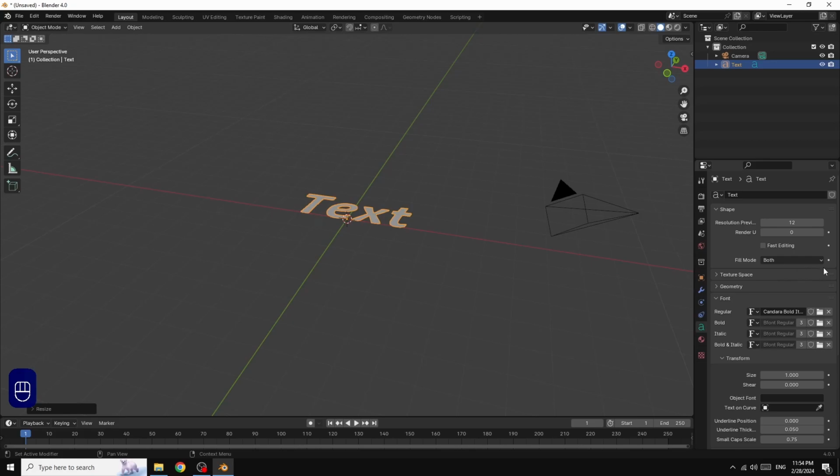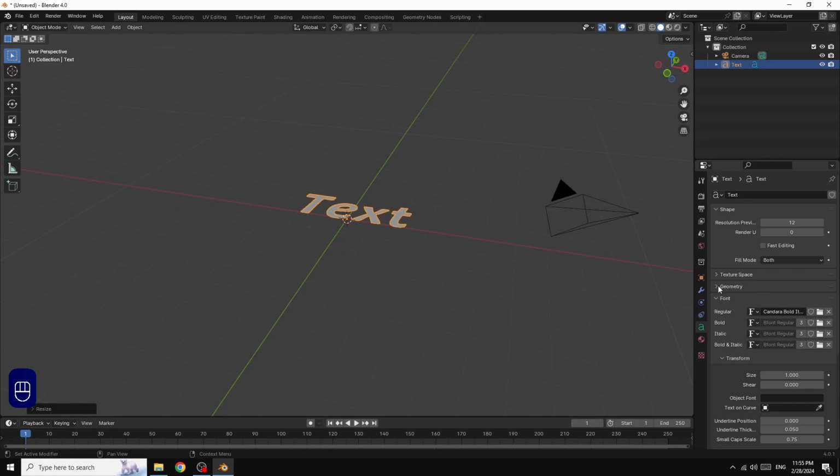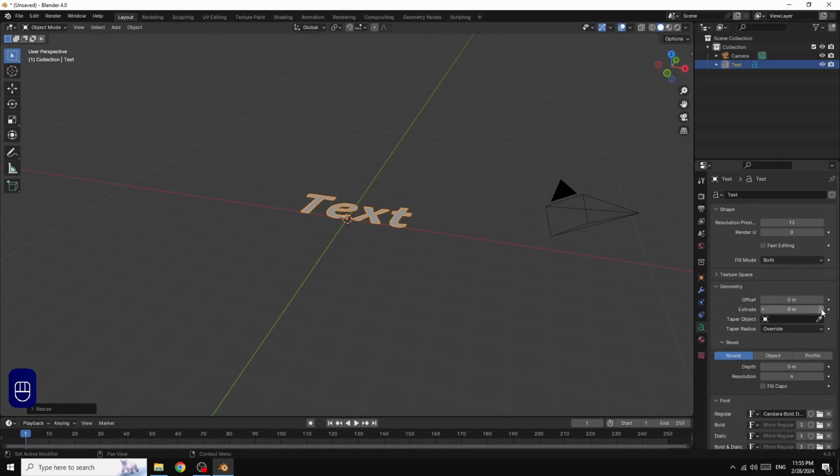Now I go here in geometry, extrude it, maybe I give it 0.05. I give it a little depth and the resolution, I make it 0.